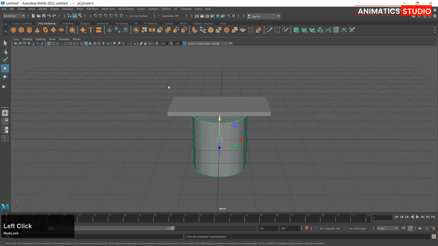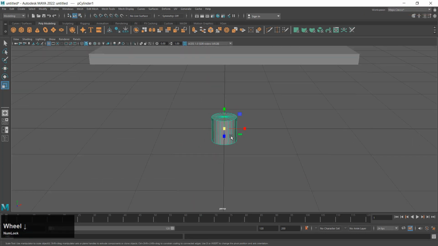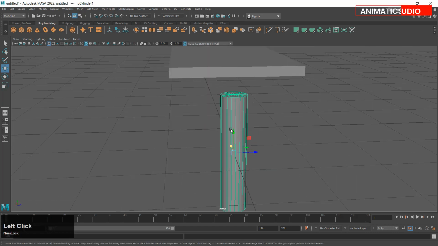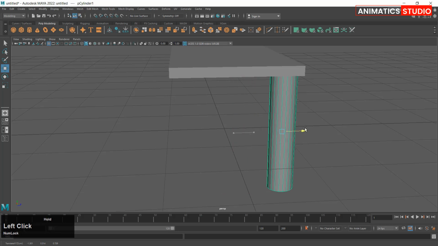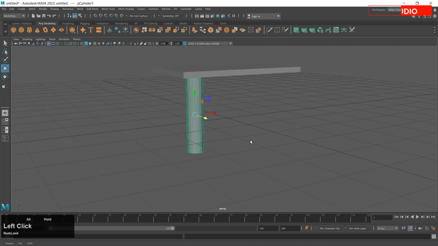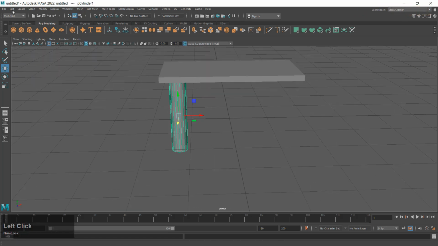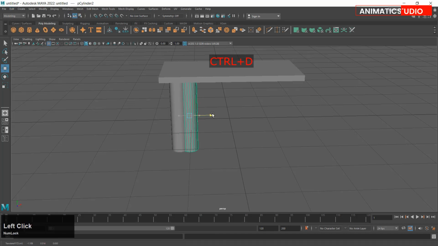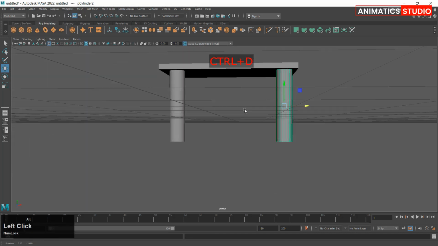Next, we will make the legs of the table starting with the cylinder. Then use a combination of the scale and the move tools to get it into a plane. Then we will duplicate it from the edit box, and the shortcut to duplicate any object or polygon is the Ctrl+D